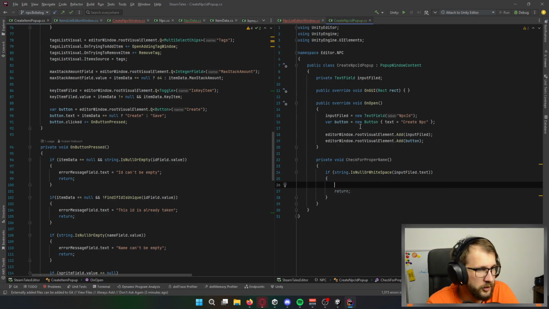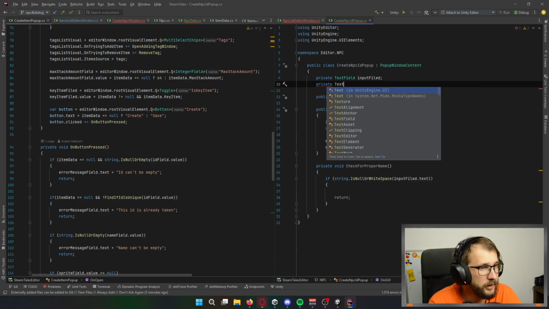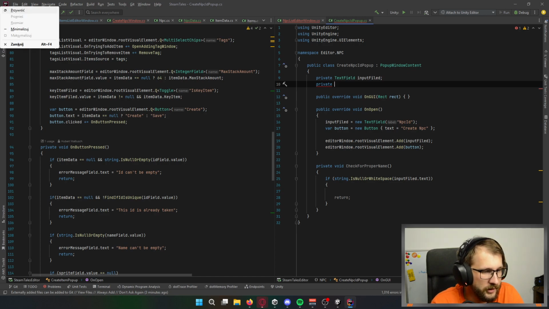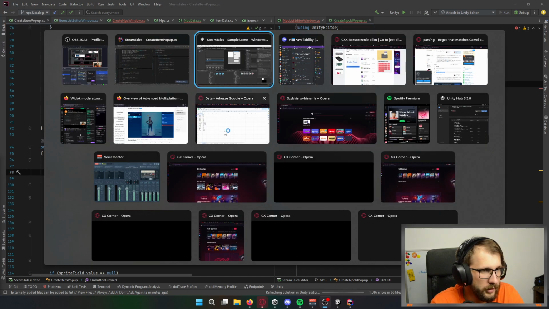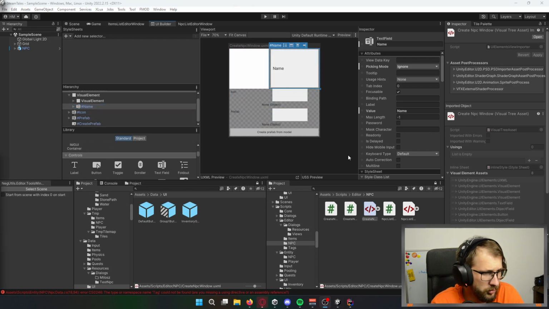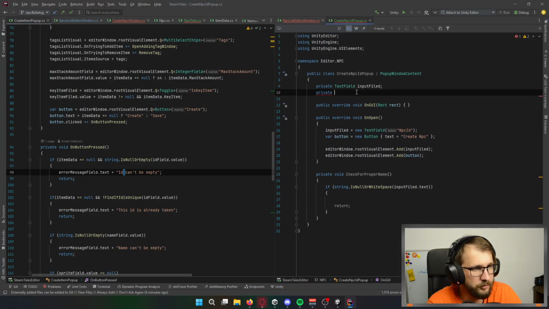Of course, let's go with return. Let's go with private. Is it label or is it text? I want to show text. What are my options? Label. Okay. Label.